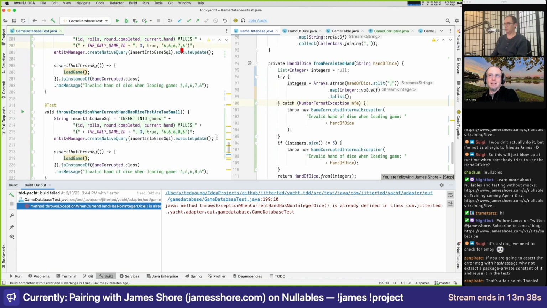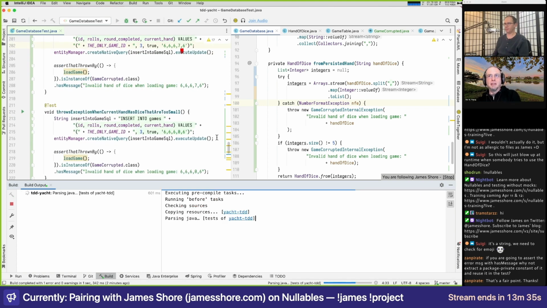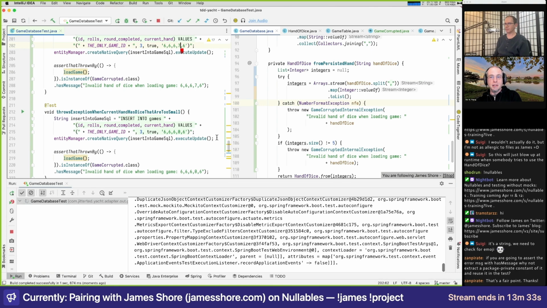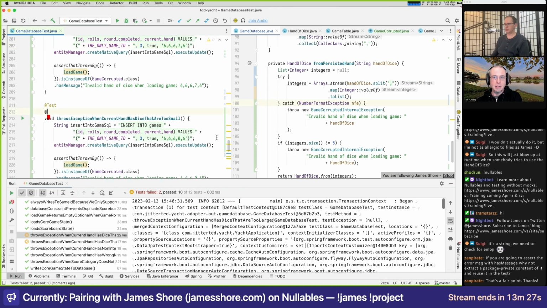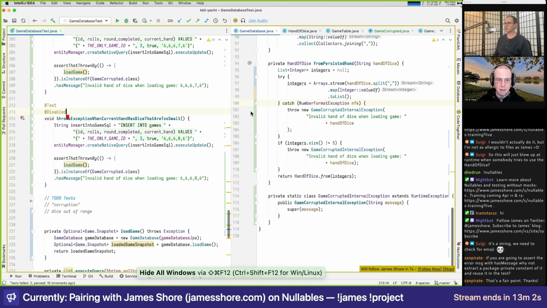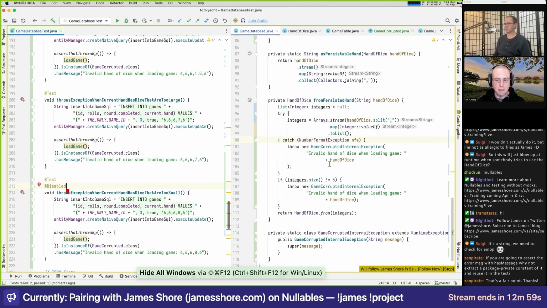One of the things I'm always emphasizing, looking at the code as transparent as opposed to opaque, is what are the boundaries in your code? If there's code already in there, what is on the right side of that equals or greater than sign? What's the correct annotation here to skip a test? Disabled. Okay. You want to make that first one pass? Okay, so the first one is about dice that are too large.